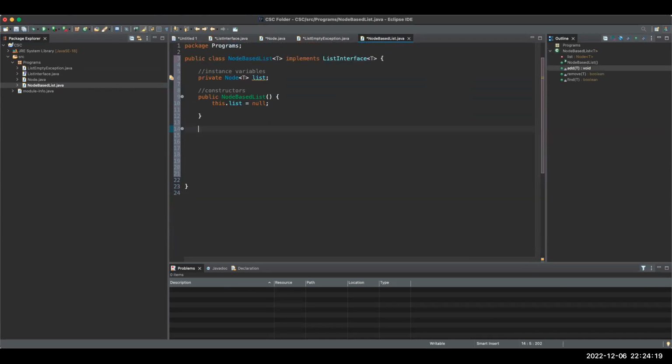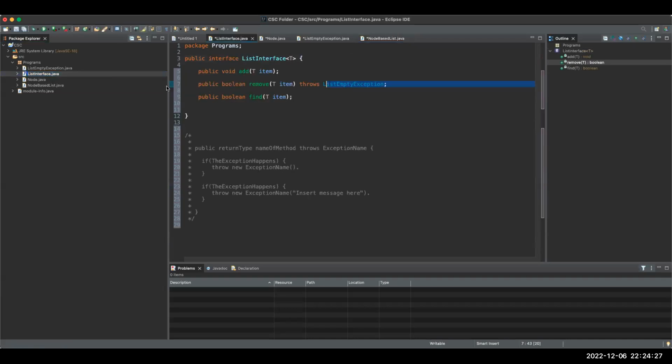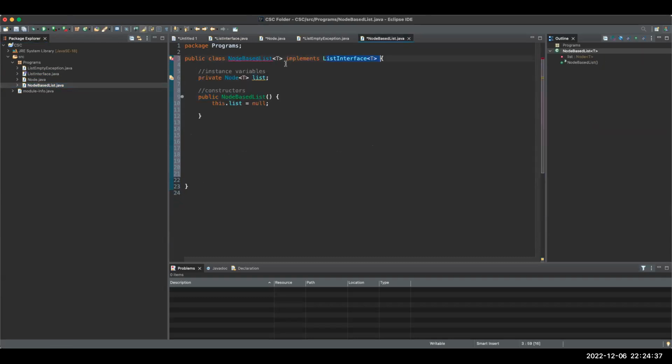Like I was saying before, it's not possible for you to have a class that implements an interface and that interface contains things. Remember how I said it was a contract? It's illegal for you to break the law here and have a class that implements an interface that you don't have the methods of. I don't have any of the methods here. And so before I didn't have this, but now I do. And so it's telling me to,